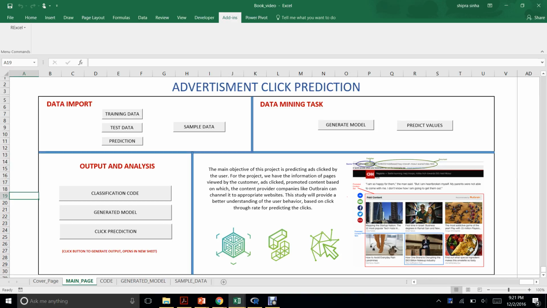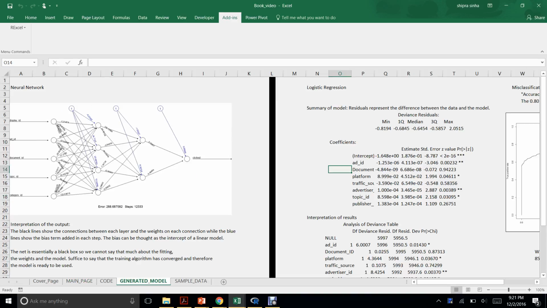By clicking on this link, this page will appear. This contains the model for the neural network. The neural network contains 3 layers. First is an input layer, which is the input of our data. Second is a hidden layer.